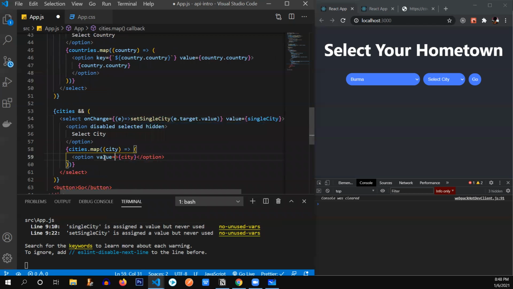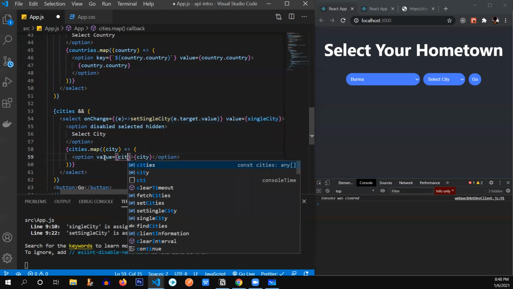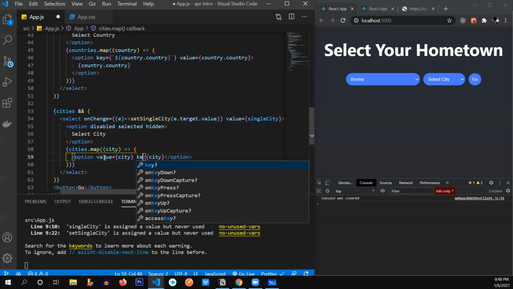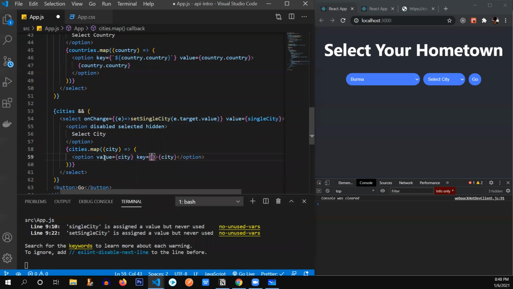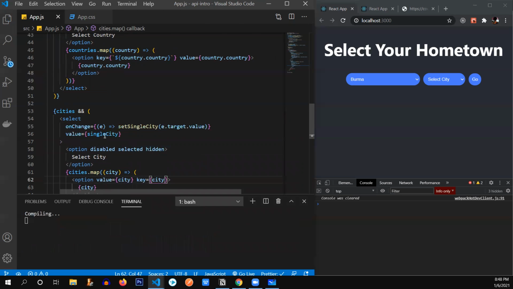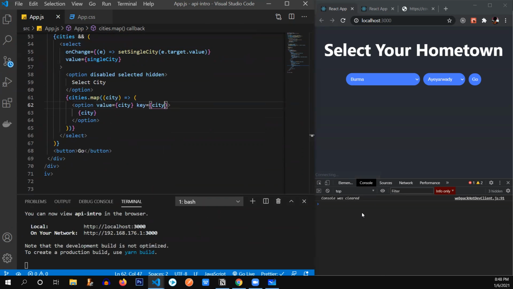Also, I need to provide the key, which I forgot. Key can also be city. I don't think two cities should overlap. We'll see if there's any error. No, there's none. Okay, it's working. And on the button, we're going to create a submit handler function, which is going to fire off when we submit this. So what this submit handler is going to do,